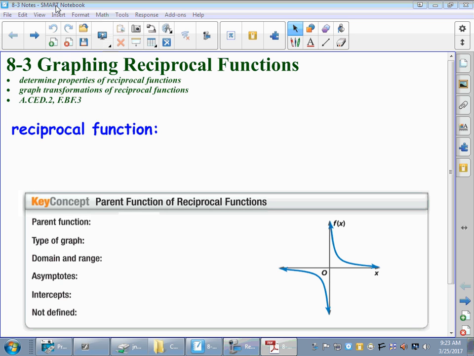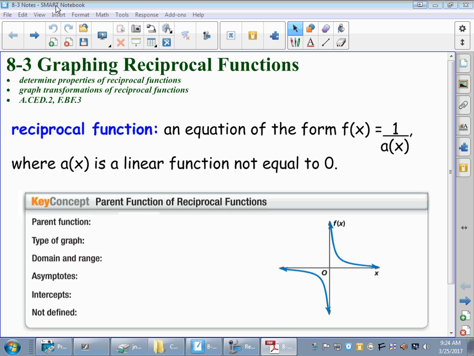These are your 8-3 notes, and this is our introduction to graphing reciprocal functions. A reciprocal function is a form of a rational expression or equation. And so this is just an intro. Lots of patterns, lots of symmetry, and a lot of the same patterns that you've seen throughout the year with